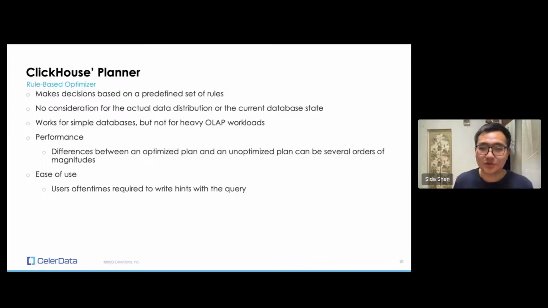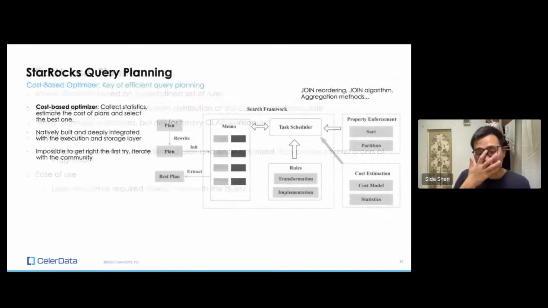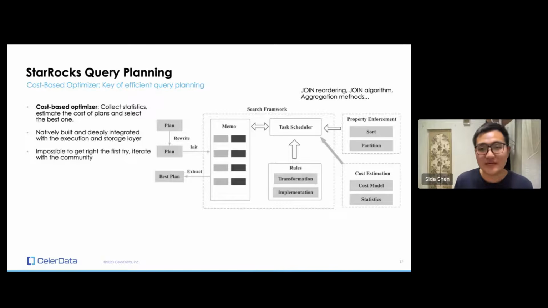And so when you're using ClickHouse, if you're a ClickHouse user, when you write a query, oftentimes it requires you to write the hints with the query, like what join algorithm to use, and requires you to order the table in the right way so it runs the fastest, right? But in comparison, StarRocks uses a cost-based optimizer, and that's the first key differentiation